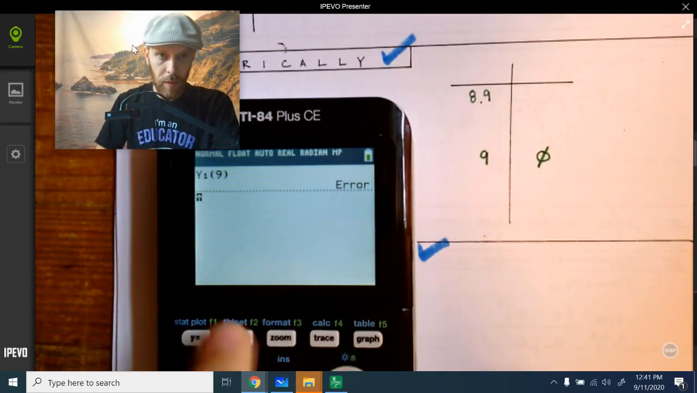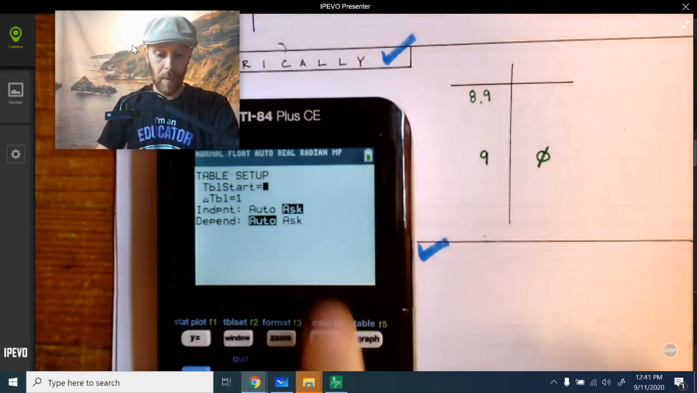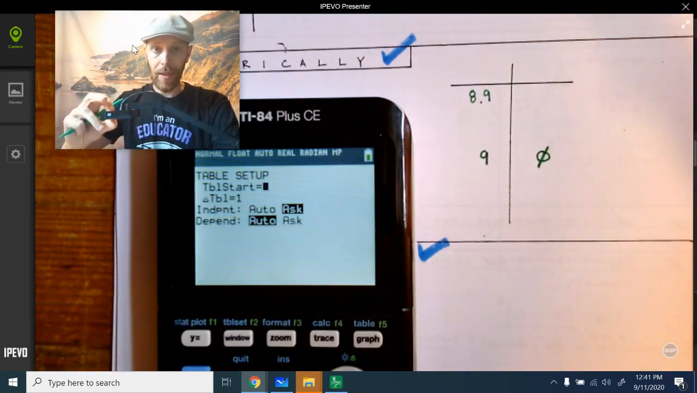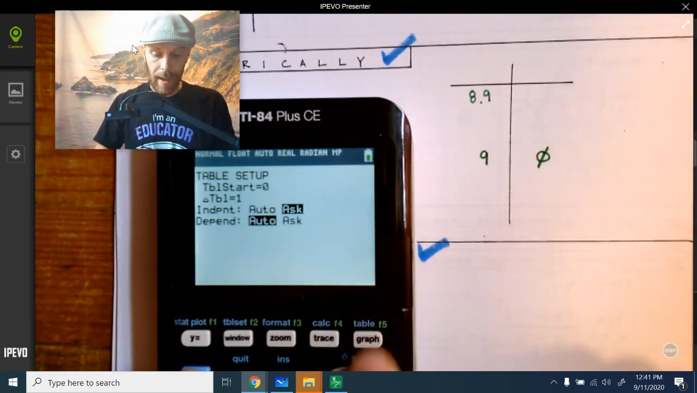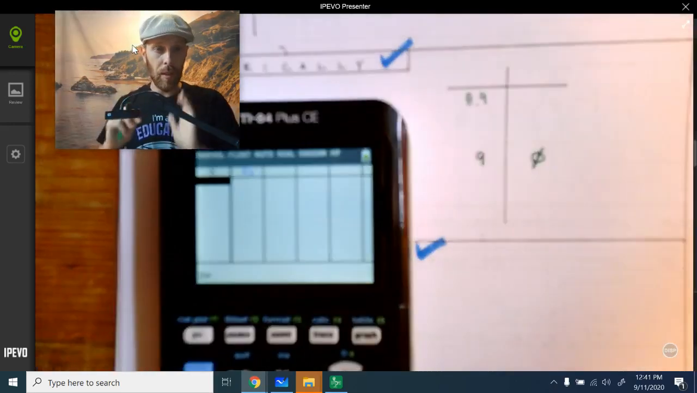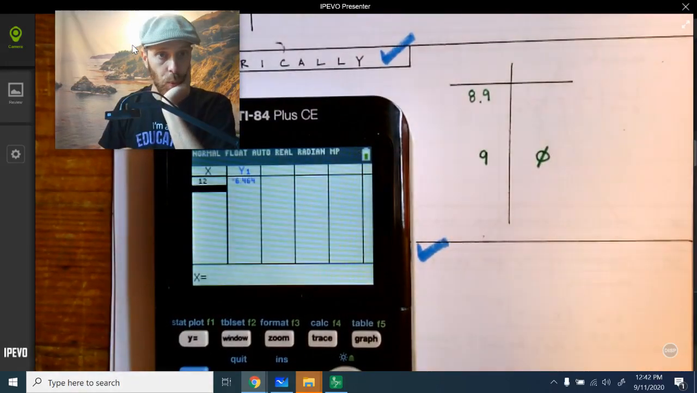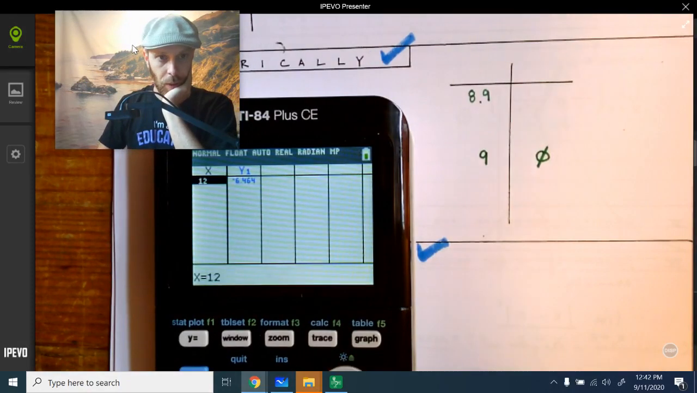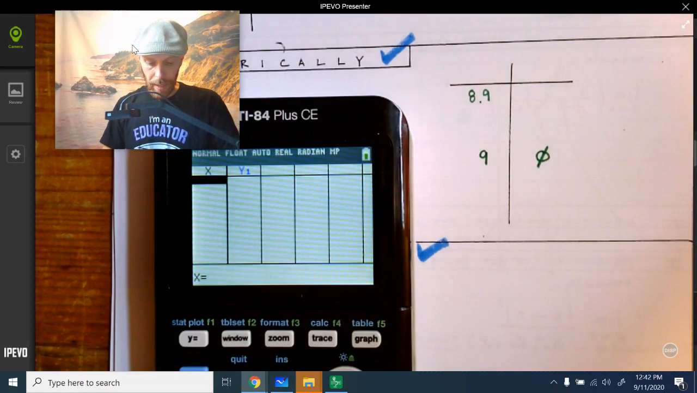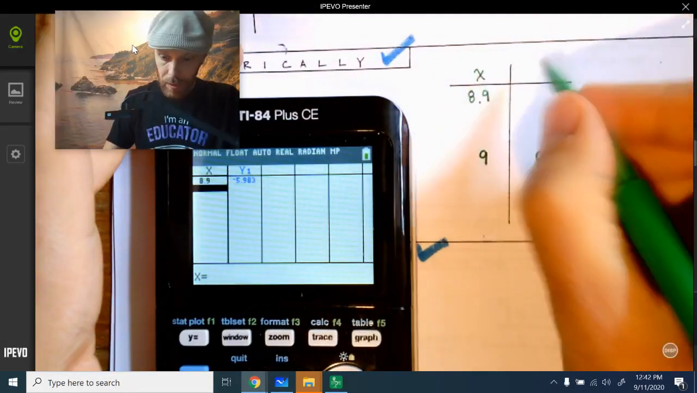And since I'm going to do a bunch of values, let's do it this way. Hit second and then hit table set. And then you want to make sure that your independent variable is set to ask. And if it's set to ask, you can hit second table and you'll get a menu that looks something like this. It's empty. If it's not empty, there's like, I don't know, a 12 right there. All you have to do is move the cursor on top and hit delete, and it'll go away. So I'm going to put 8.9 in. And the y value, by the way, this should be x, this should be f of x,